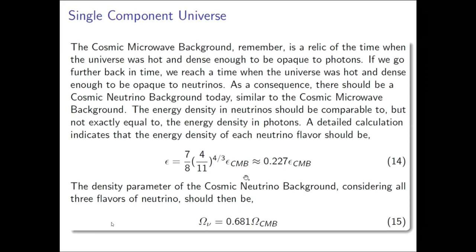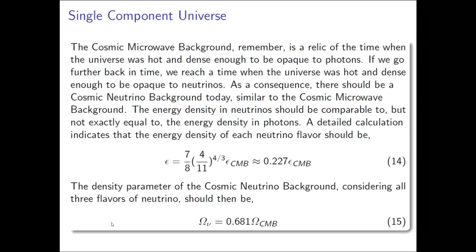So this is, sorry, CMB itself. So this is approximately equal to 0.227 times the energy density of the cosmic microwave background. Basically, what it says is that the energy density of the cosmic neutrino background should almost be equal to 0.227 times the energy density of the cosmic microwave background. And the density parameter of the cosmic neutrino background, considering all the three flavors of the neutrino, should be